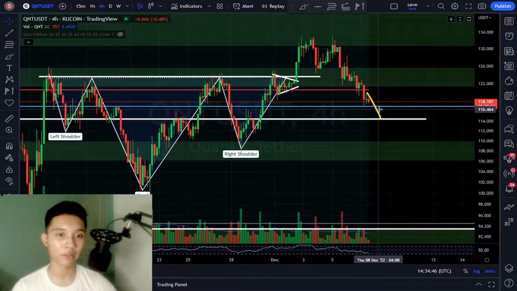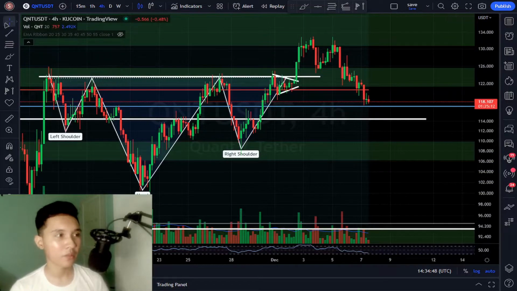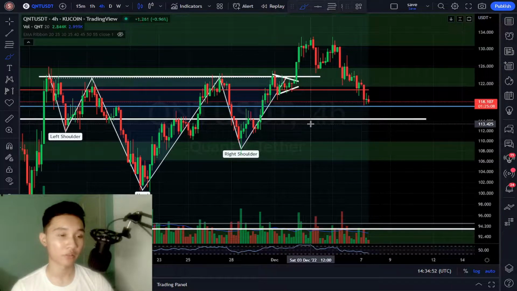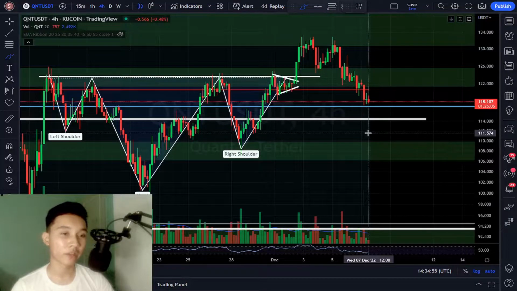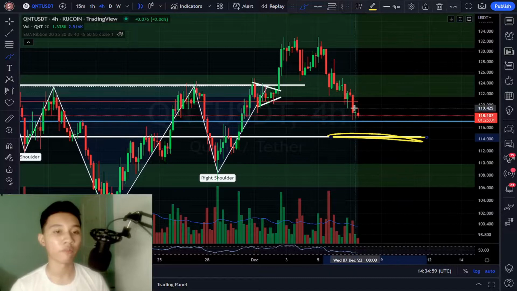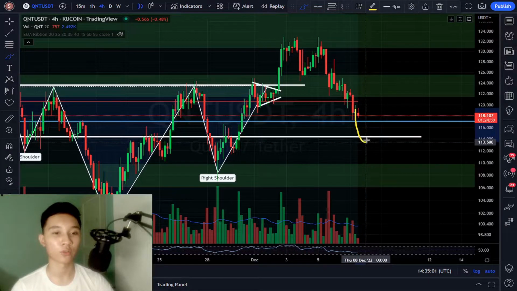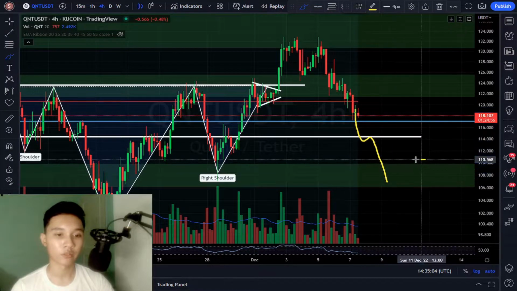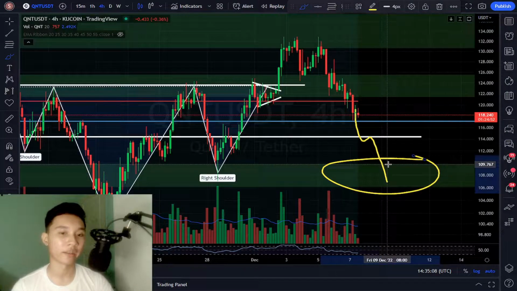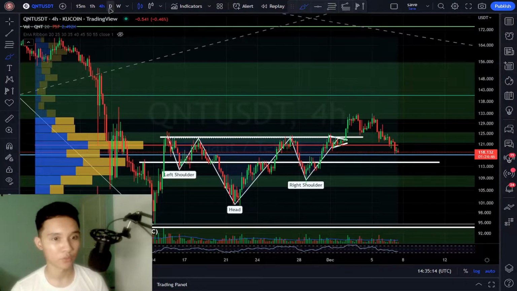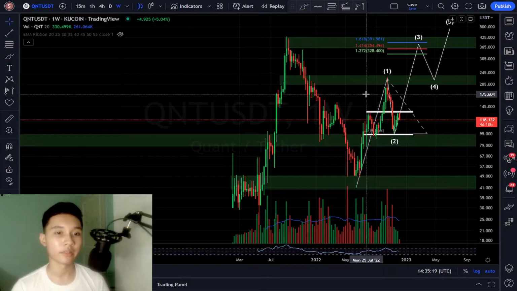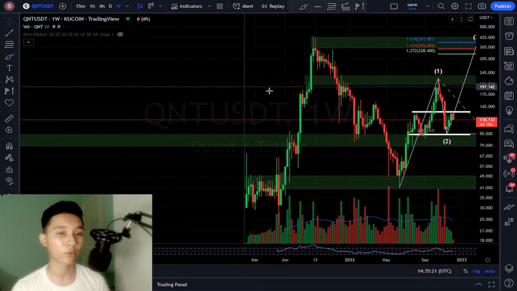And right now, with the new data that's being shown, it is looking more and more bearish basically. So for me to stay bullish, Quant must hold $114. Failure to hold $114 means that we're going to be dumping to this next support zone at $106 to $110 basically. Let's move to the weekly time frame, because something really dangerous is forming right now on the weekly,